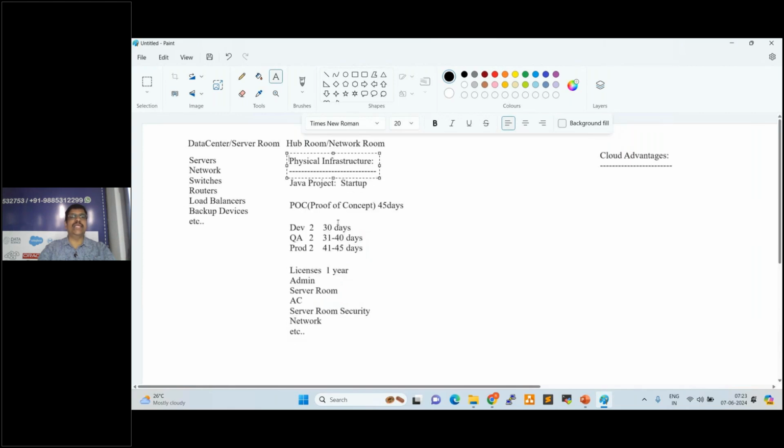Okay, physical server infrastructure. These are all physical servers. Yeah, so now let us try to understand cloud advantages. In the cloud advantages,